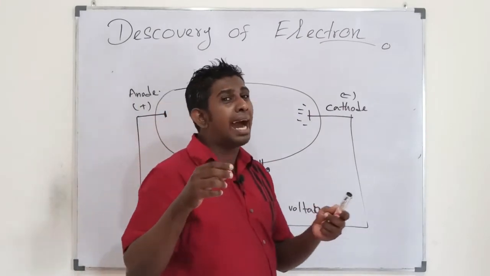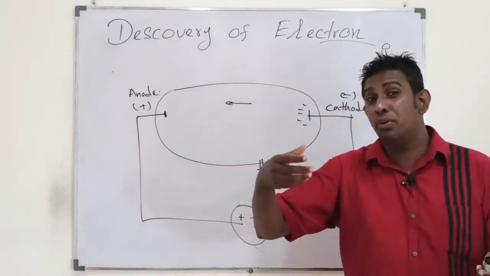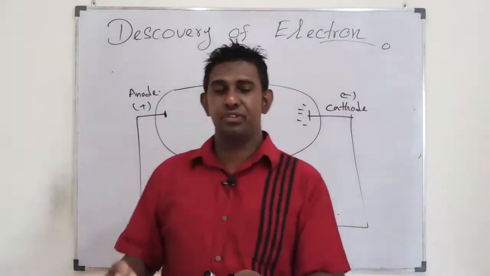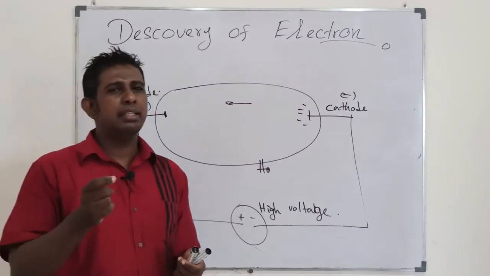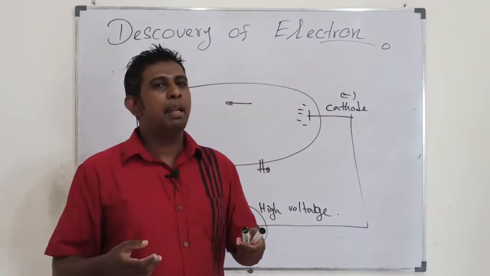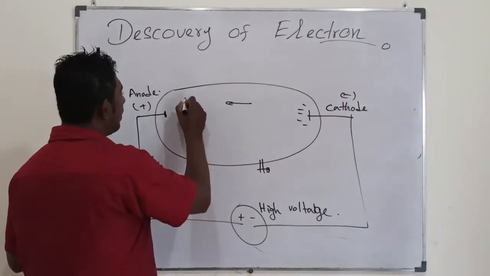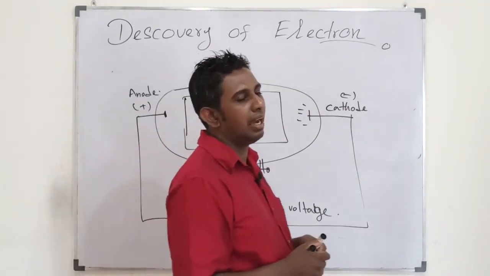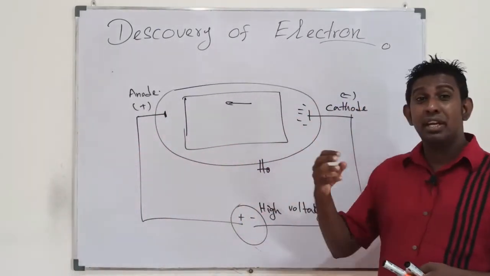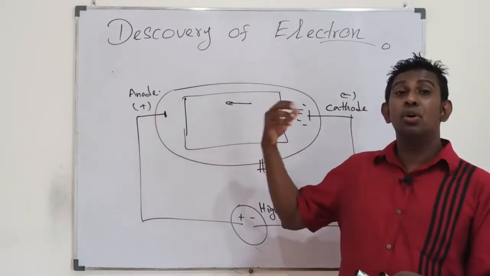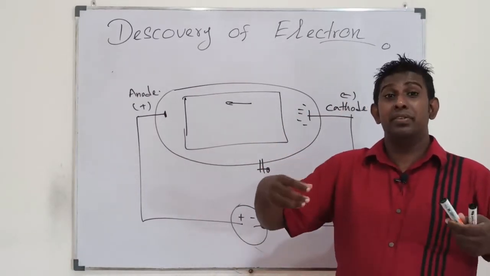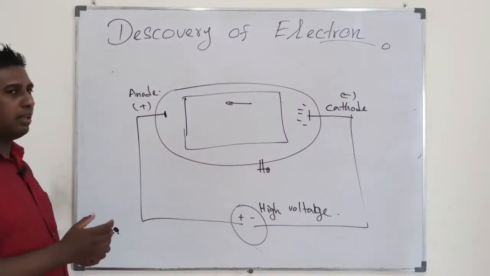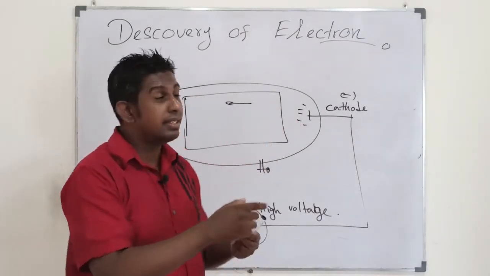Then he thought, this dark region, which is not normal, is there due to the passing of a type of rays. To reveal the rays, he placed a screen there, a fluorescent screen. What is fluorescent? When rays that you can't see spot on it, they make illuminations. So then you could see them. It was a metal sheet coated with zinc sulfide,